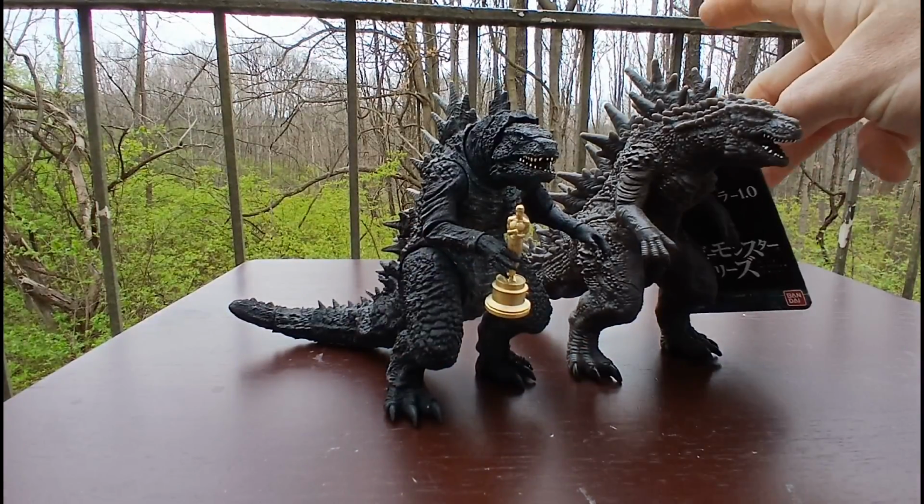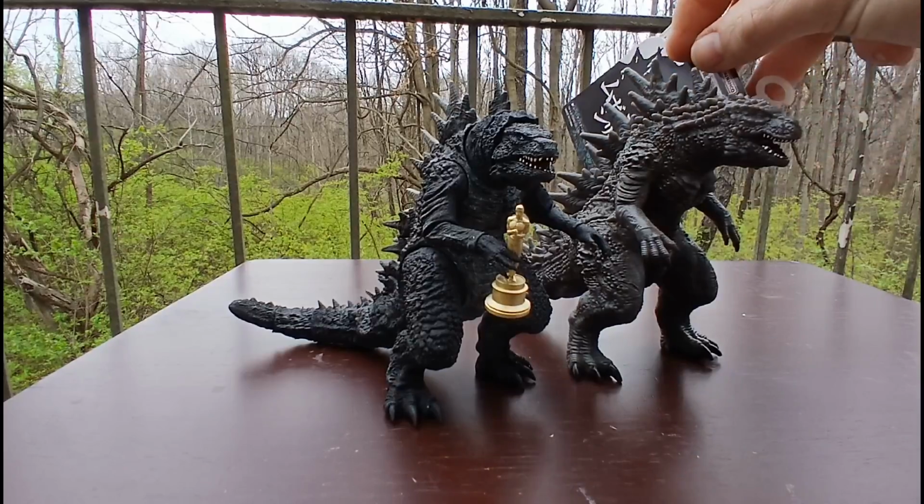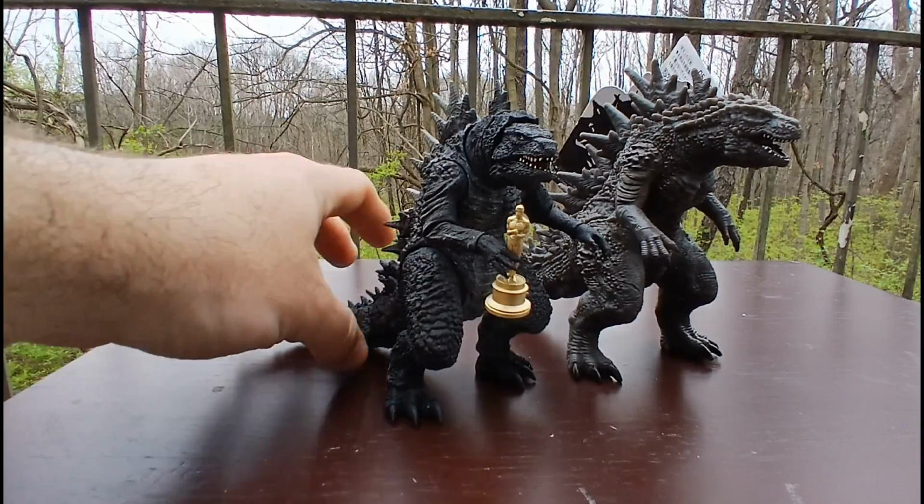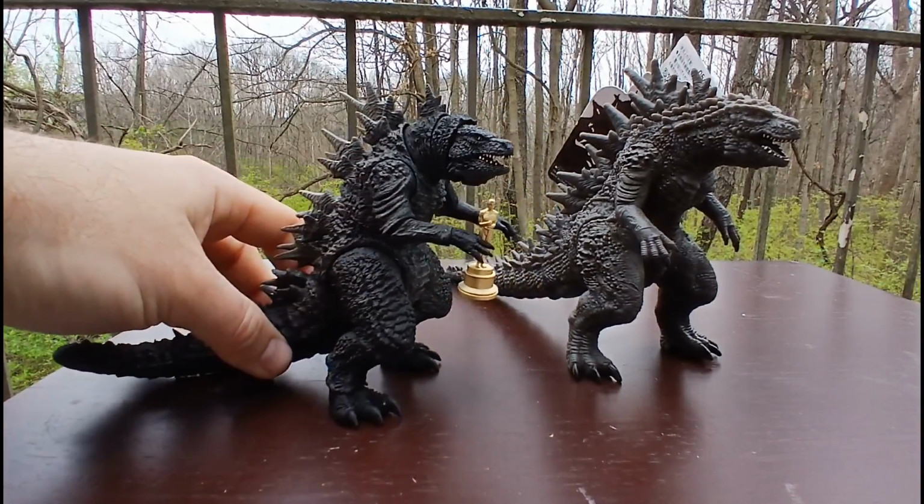It's a little windy out here, but I chose to do this out here because this is the Monster of Odo Island, so why not have something outdoors? I just thought it would be a different scene. But being able to take a look at him, let's go on ahead and do a